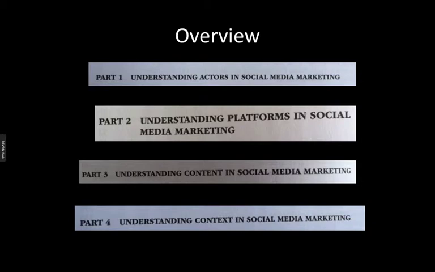In part 3, the author focuses on content. It's not so much about different forms of content, but more about how content is used to achieve marketing goals. So the author will look at things like credibility, persuasion, or engagement. In part 4, Stephen talks about a mixed bag of contextual issues that impact on social media activity. For instance, ethical concerns or cultural dimensions.